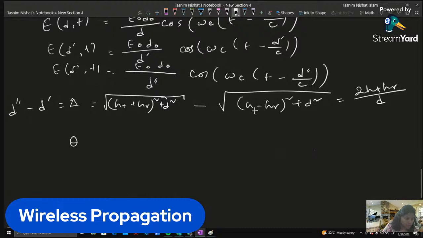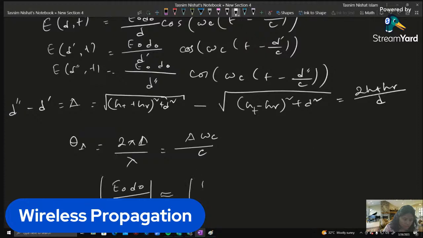And then we have theta delta equal to 2 pi by lambda times delta, and then we have assuming d large, and then